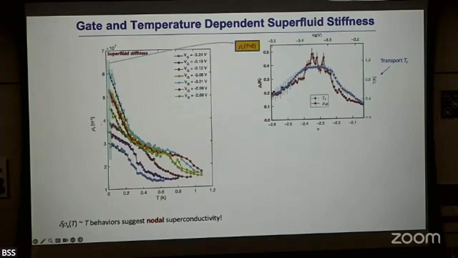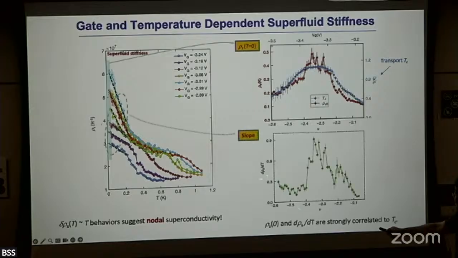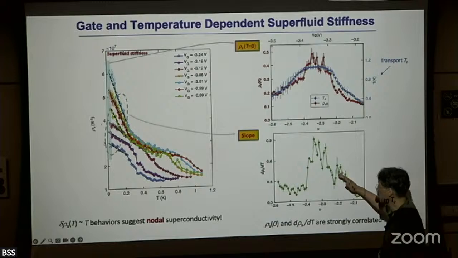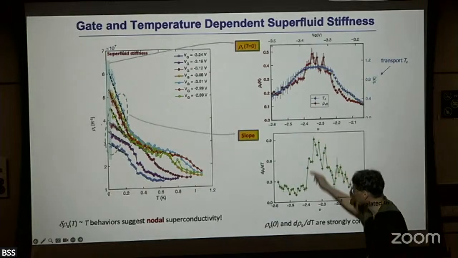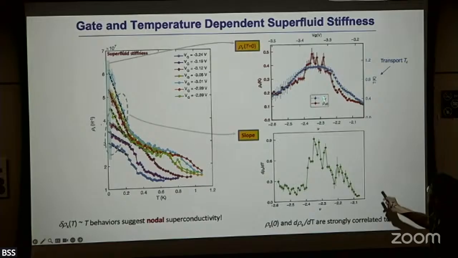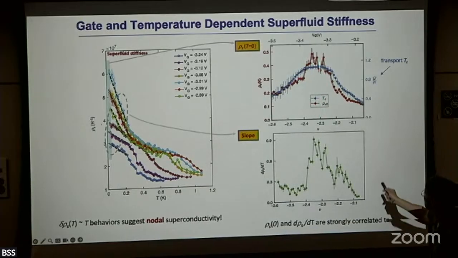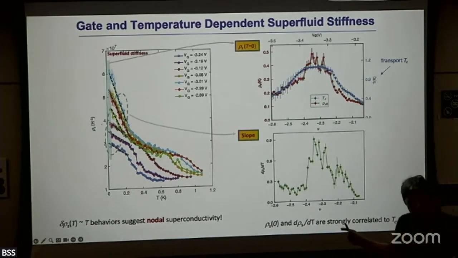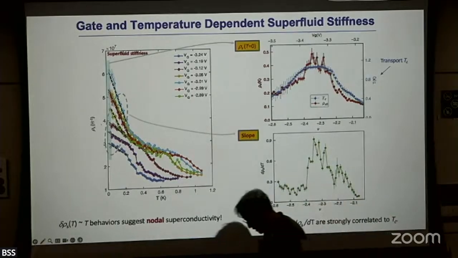The other part is what about this slope, right? There is another piece of information in the slope, and this slope is also changing with the gate voltages. So I can take the slope and plot it as a function of this filling fraction. The slope also shows intriguing behavior, right? A steep slope appears up to here, but suddenly changes. If I call this the optimally doped range, across this optimally doped range there is a rather strong change of the slope.